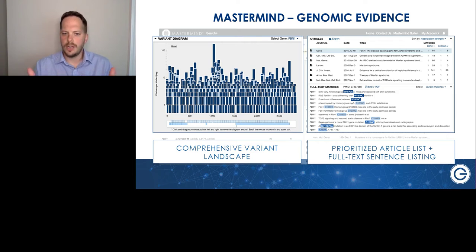Just to take you behind the scenes a little bit into the software itself, two salient value propositions for Mastermind are its comprehensive reach into the variant landscape of any one of those genes in the human genome, where we can present all of that information in its totality so that it can be searched one by one, or you can look at it as more of a landscape view to see all of that data all at once,